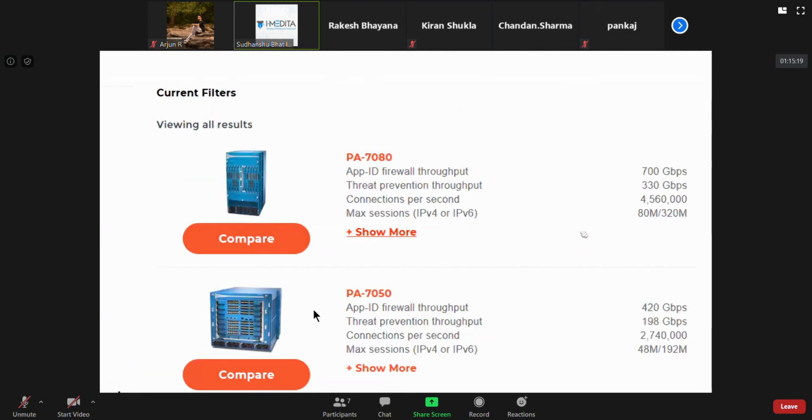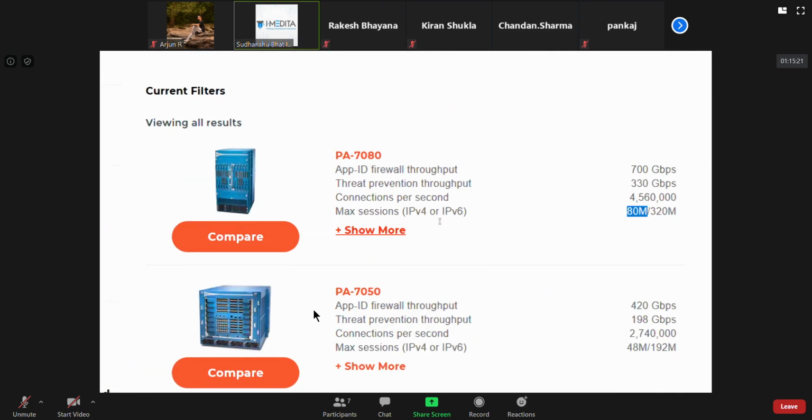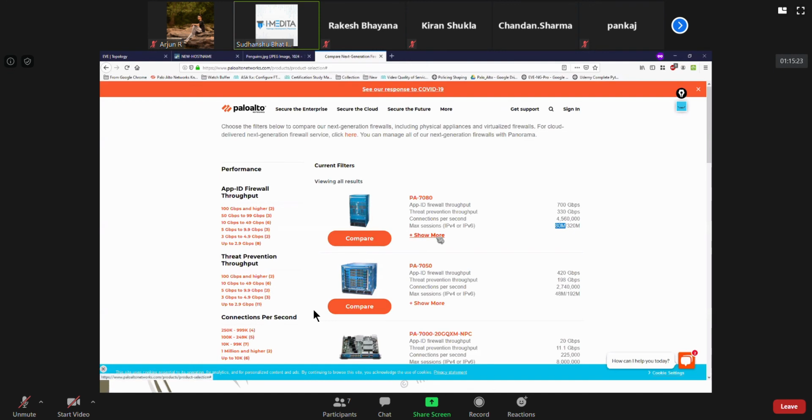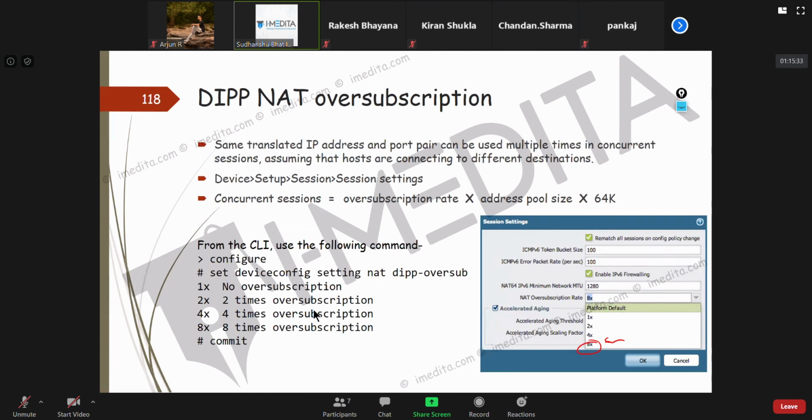So there's a lot of NAT going on, and there will be a lot of public IPs. That's why I said this feature is more useful for people who have a high volume of NAT being done on their device, typically a data center environment.